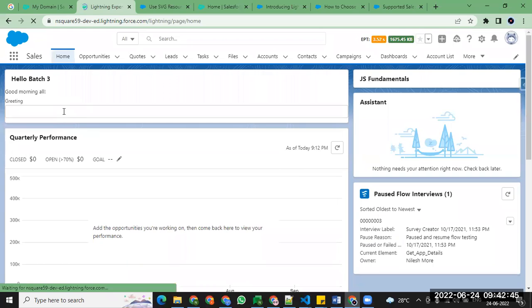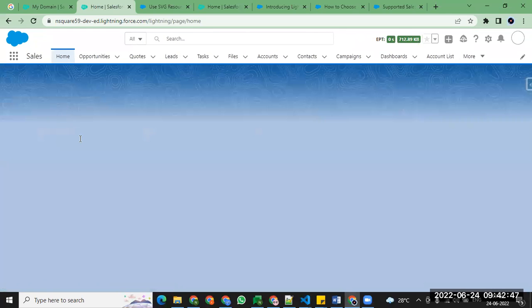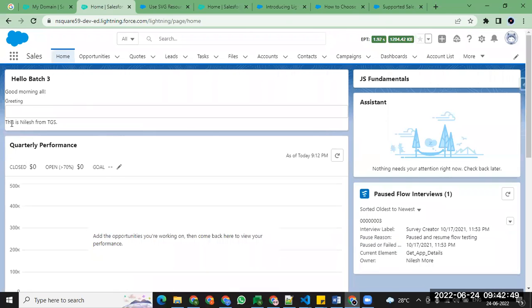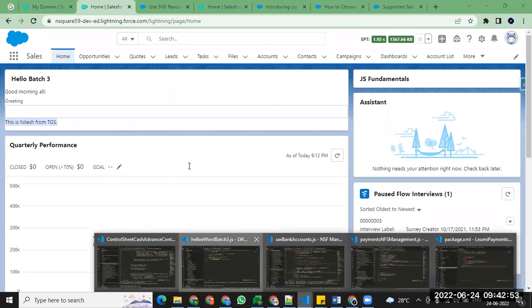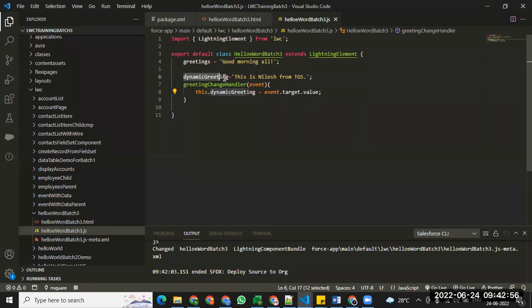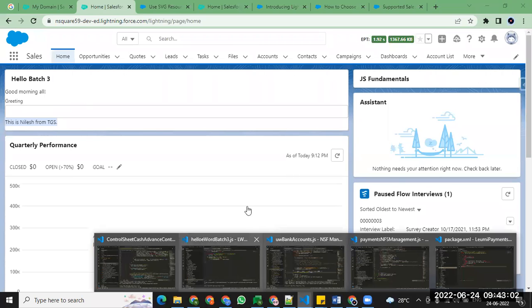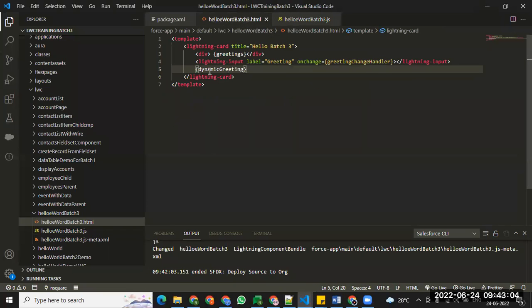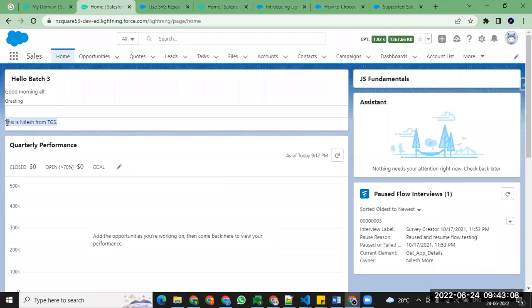See, by default, the value from that particular variable is getting displayed here. By default, we have assigned this string, dynamic greetings, to this variable, and on the HTML side we are printing this value here. That's why by default it displays this value. But if you change it,